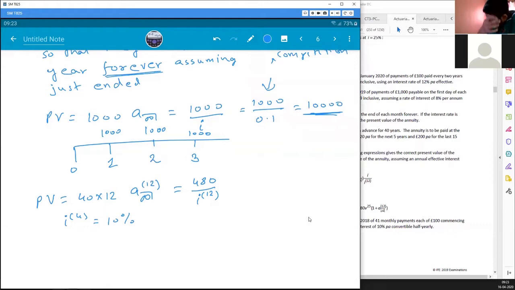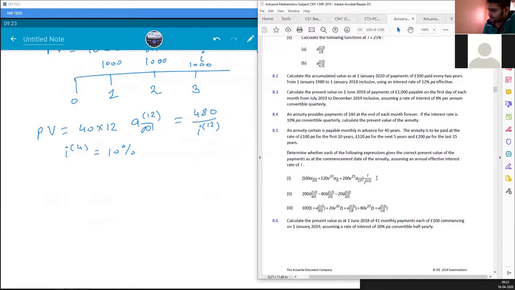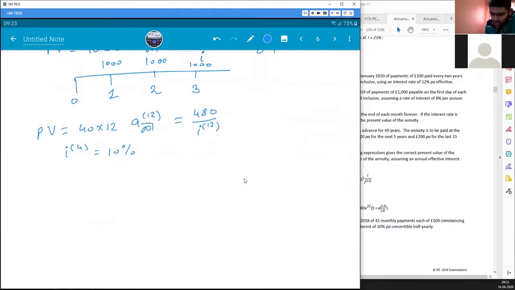Now all the present values and future values can be converted from one form to the other. We saw a little bit of that in the question that we solved here, 8.5. This i by i-12 we took out to get a different form. We can do that with all the annuities. Now how to do it वो हम लोग देखेंगे. So we'll say relationships. So we'll see all different relationships.